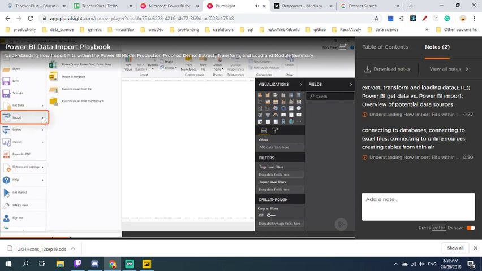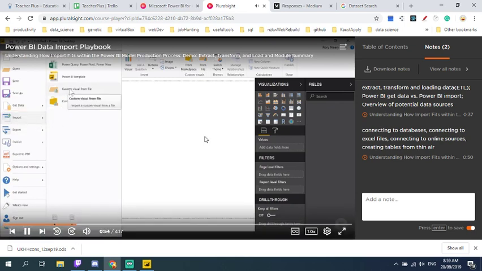When we go on to import, we can see that we've got a number of options. We've got custom visuals of one kind or another, and there's also Power BI templates. And finally,